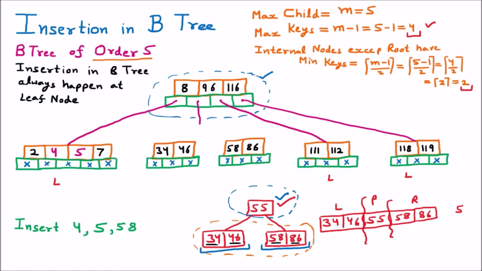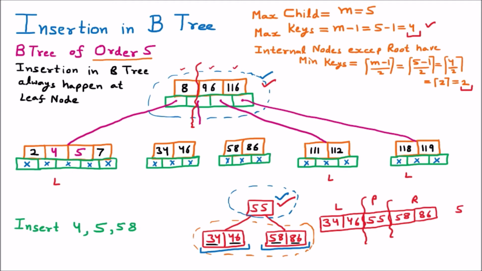We know that on the left hand side the value should be lesser, on the right hand side the value should be greater. So we are considering the top node because 55 will be coming here. Now if we check the position, then we know that it will come at this specific position, because on the left hand side we have 8 with a lesser value, and on the right we have the greater values. So 55 will come here.